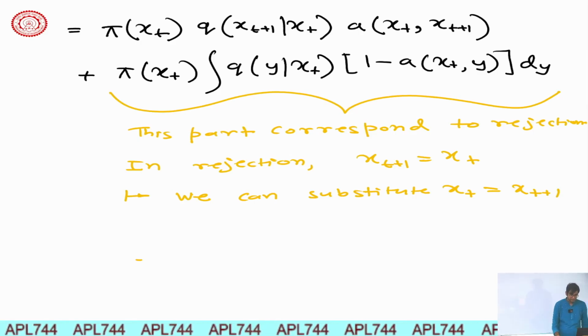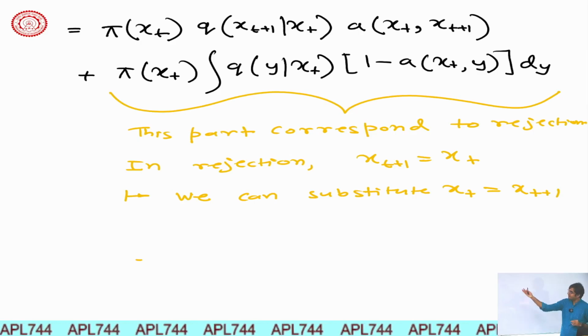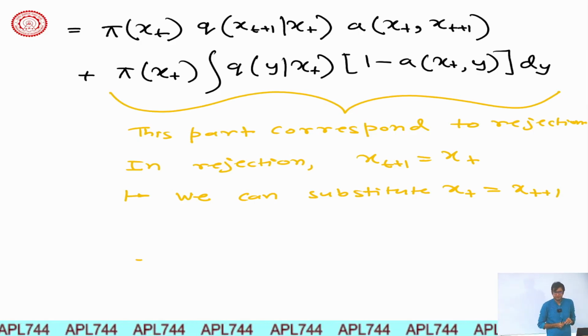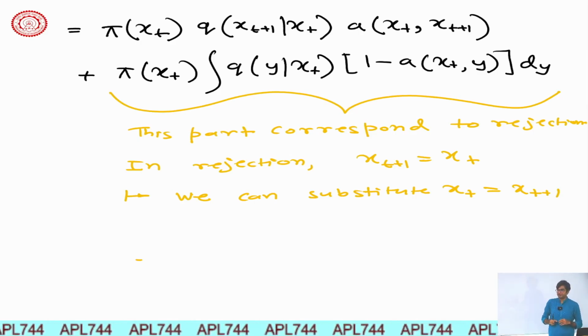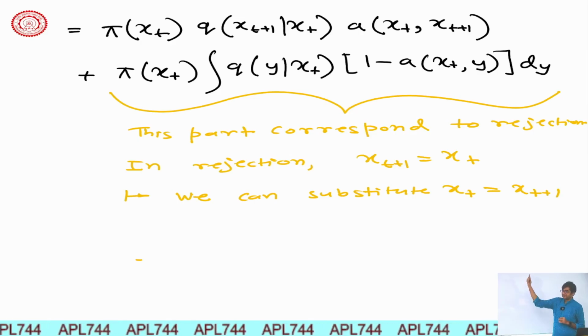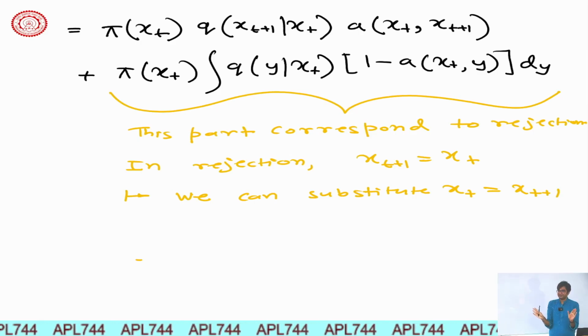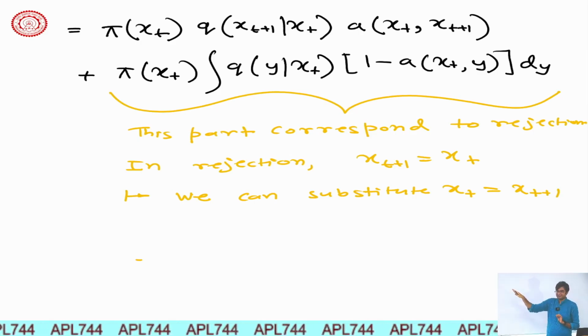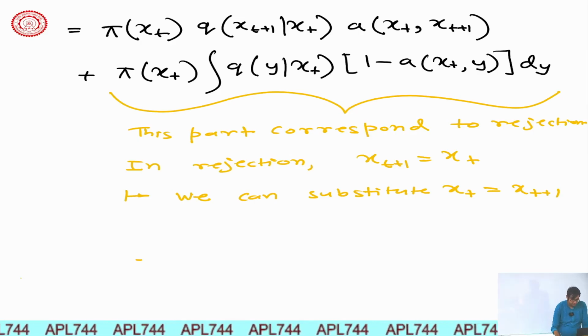So what will I get if I do that? We'll do that later. But basically we'll realize that we'll get the right hand side component. Okay. But the first term is still remaining. What is the first term corresponding to? Acceptance. And in acceptance, xt plus 1 is not equal to xt. So we cannot use this logic there. That means we have to show it mathematically. Okay. So therefore,